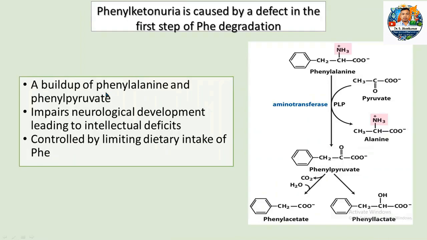So when there is phenylketonuria, this phenylacetate will be found in the urine. That's why it's called ketonuria. So what is the